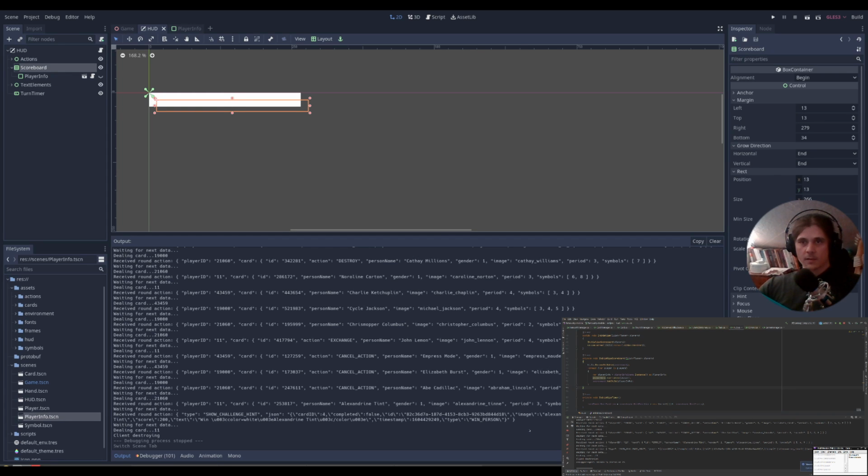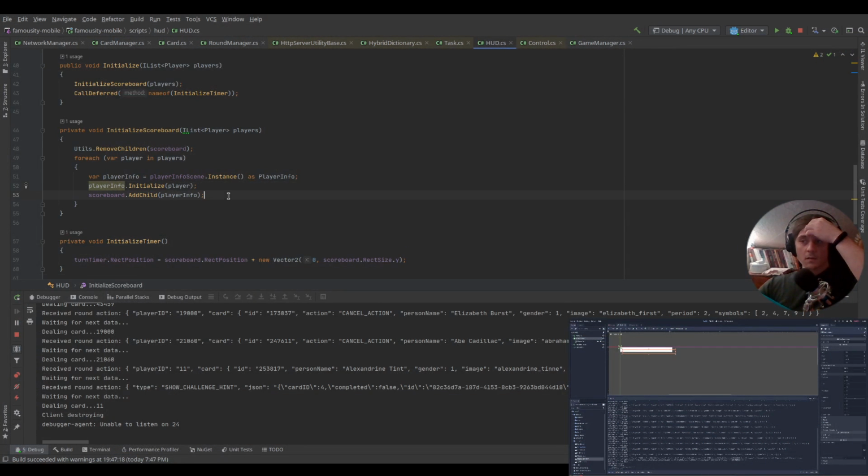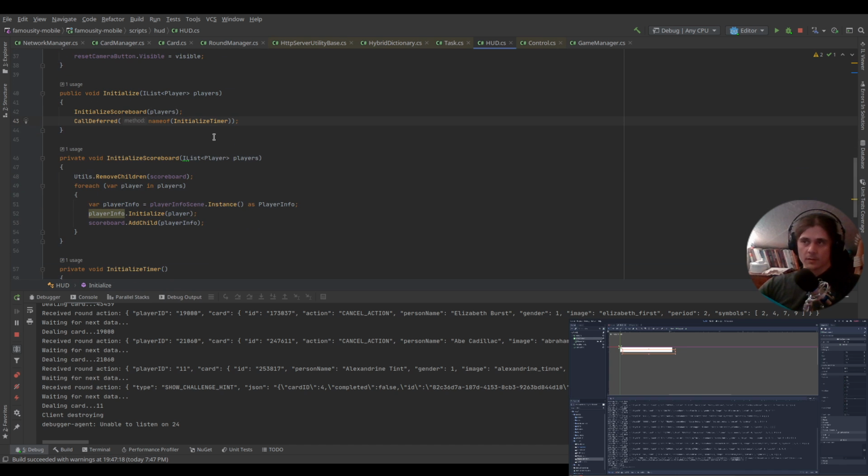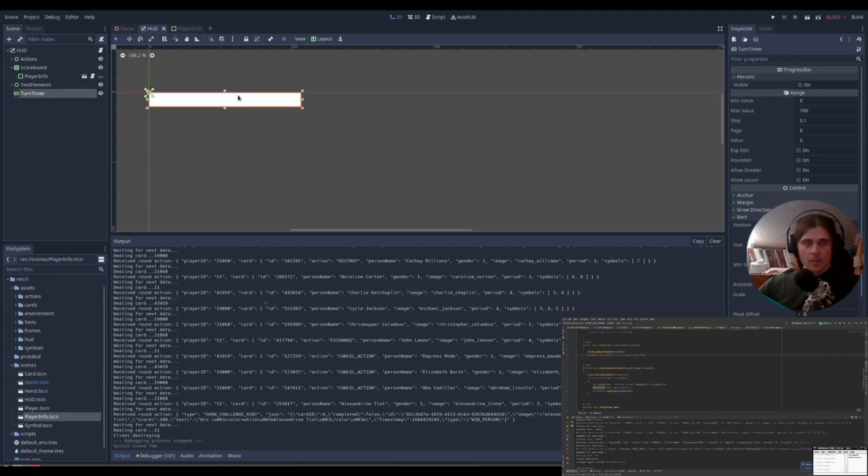So is this setting here? Oh, it's not. Oh, actually it does it automatically, even without any settings here, so that's fine. Okay, I think this could work. Like, this is not an issue here. I can call it deferred, so it will process the node, and then I will call the initialize timer. One more thing I need to do here is to make this one